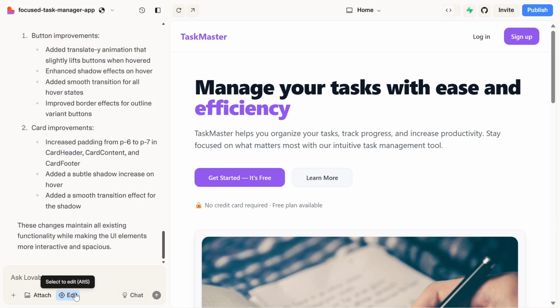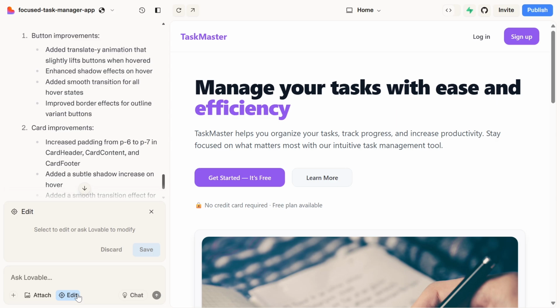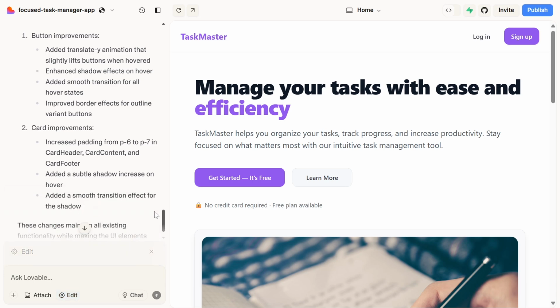You can also switch to edit mode anytime to make manual tweaks, especially if you want pixel-perfect adjustments or want to conserve AI credits. Then go back to chat mode to continue enhancing features, layout, or visual elements with more